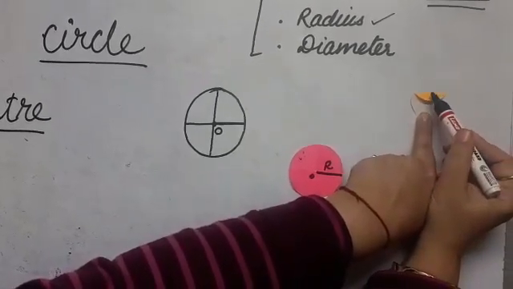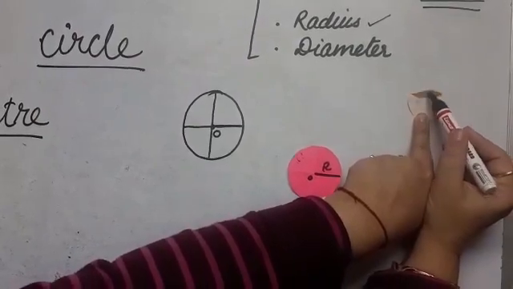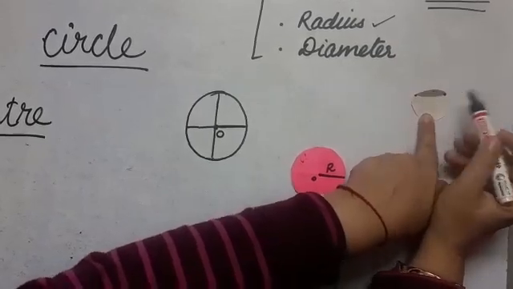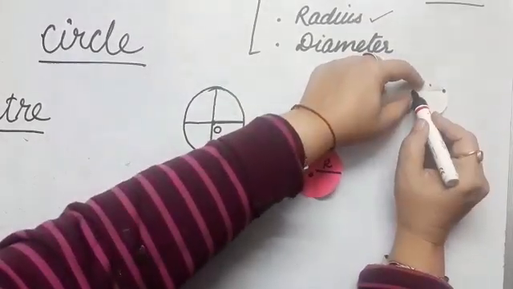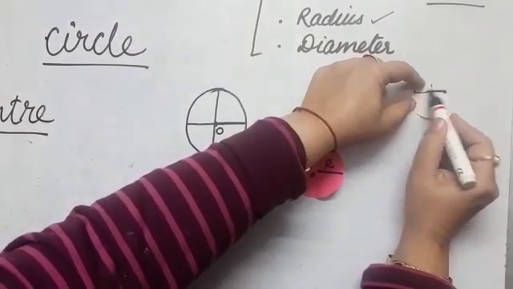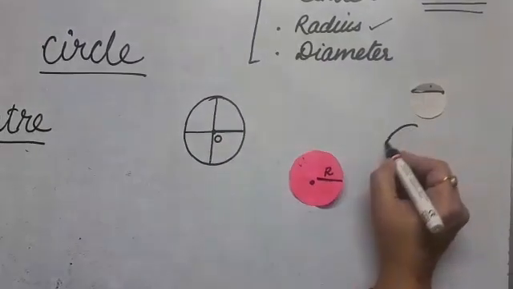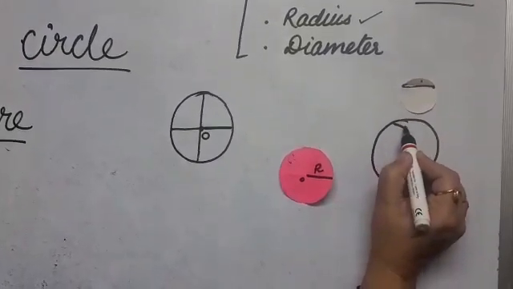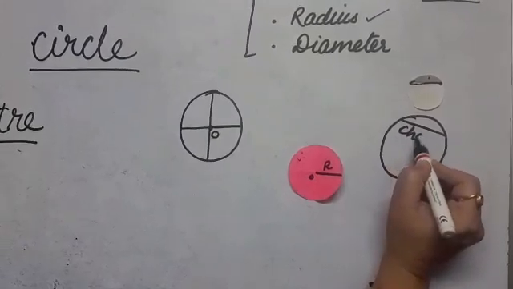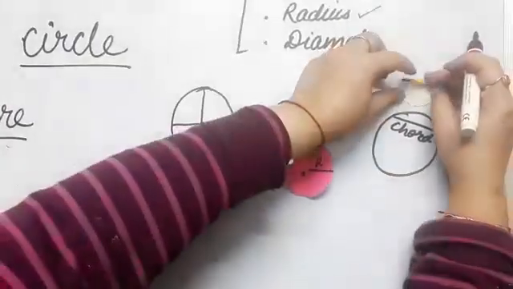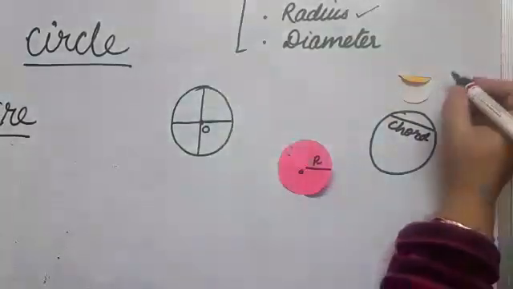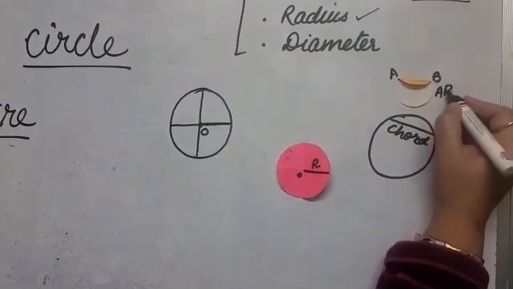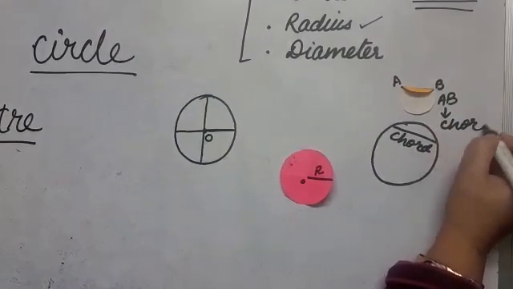As I told you, what is the definition of chord? Chord is, as you can see here, a line segment joining two endpoints on the boundary of the circle. So I have this kind of shape. This was circle. After folding, you will get this kind of line. So this one is chord. You have to paste this shape like this. And you will mark here as A, B. You will write AB is chord.